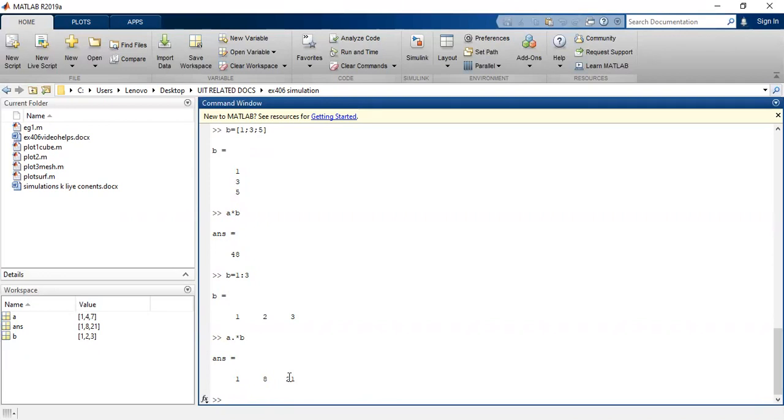So you should know where to use which. In case you need a matrix operation, you don't have to use the dot and the star. Remember that the columns of A should be equal to the rows of B for the matrix operation to happen. For the array operation, both variables should be of the same size, and for element wise multiplication you need to use the operator dot star. I hope you learned the difference between the array operation and the matrix operation. That would be all for today. Thank you.